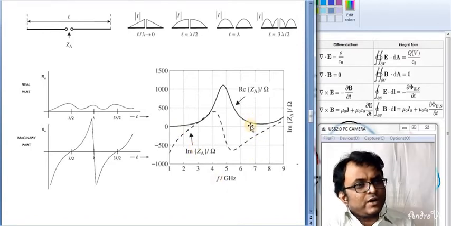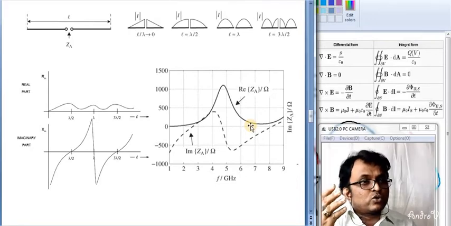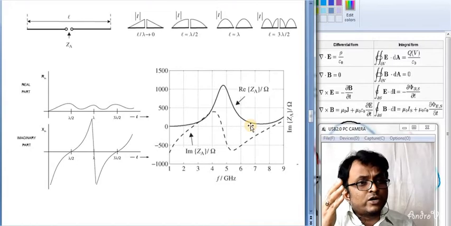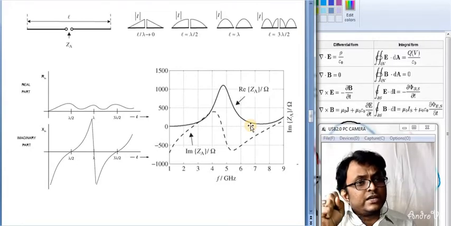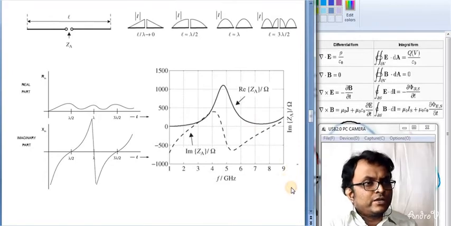this imaginary part I have to take care of it by giving some loading technique, that is called the parasitic loading technique. So the matching part of the antenna is a very important part, in addition to the radiation pattern and how the radiation pattern will look. Next I am coming here.